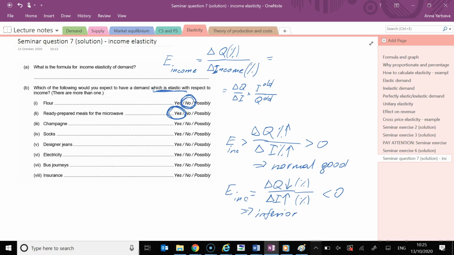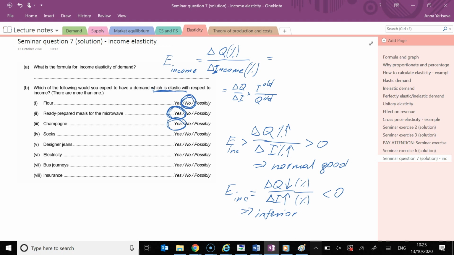And in a recession, consumers will switch away from these more or less luxuries, and they will start moving towards basic necessities, and your demand, your sales are likely to suffer. Champagne. Is it likely to have very elastic demand with respect to income? Yes. Again, it's not a basic product, and when you are rich, you can afford to have a bath filled with champagne. But if you are a poor person, you are unlikely to buy expensive proper champagne very frequently. You can buy it occasionally on a special day, but definitely you won't be able to drink it regularly